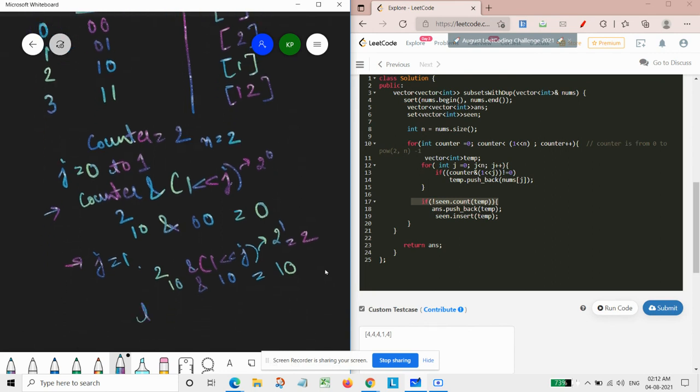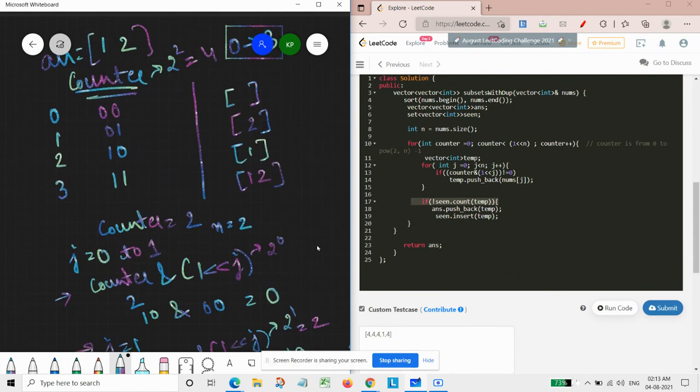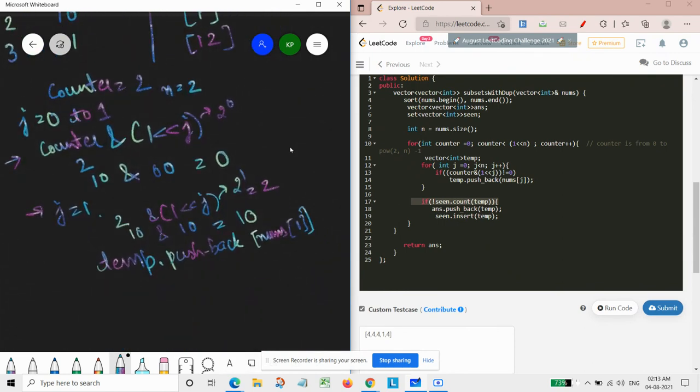So at this moment we will do temp dot push back, and nums of it was 1, the value at position 1, that is 2. So temp will have 2 in it.